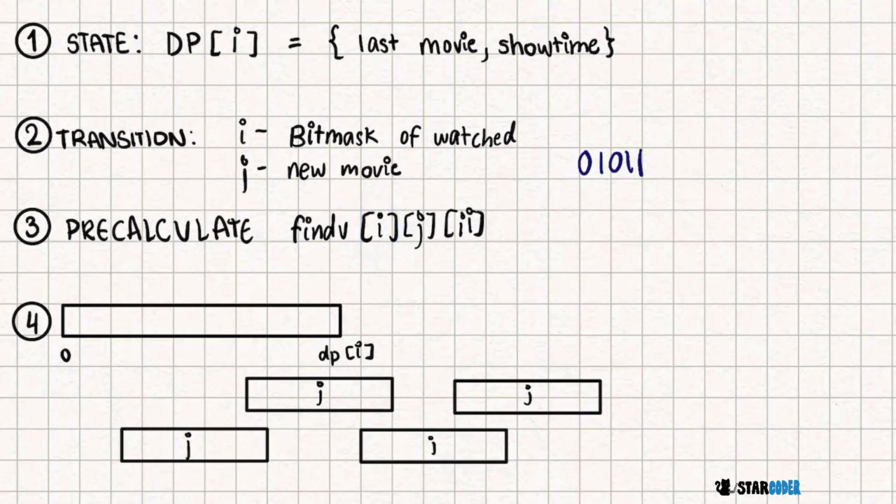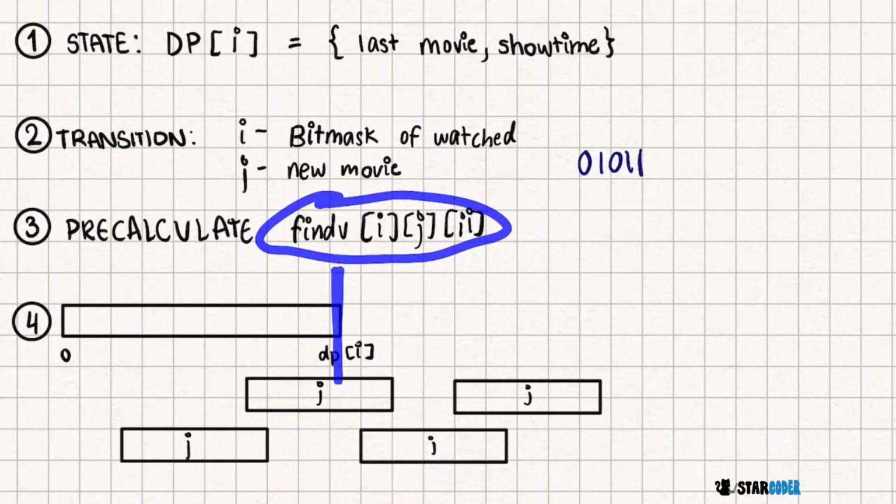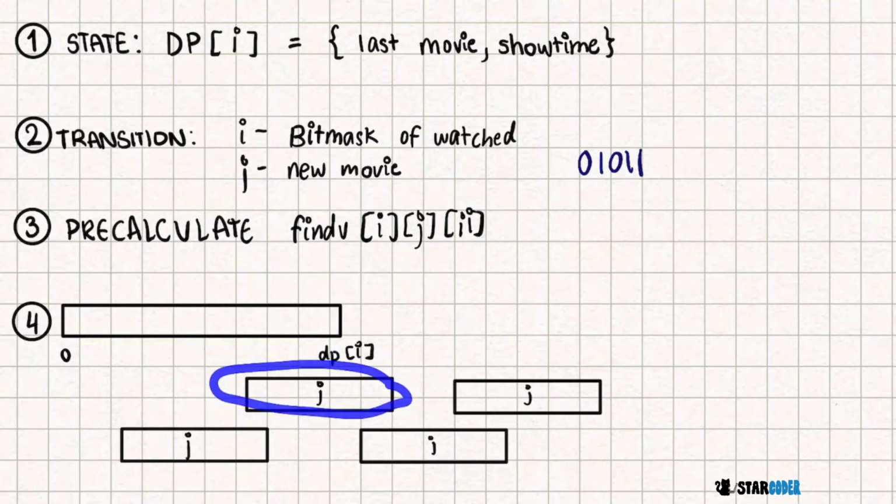And so once we pre-calculate every value in findV, when we reach this, all we have to do is check our findV in order to find whichever showing of J or -1 if there is no showing. So at the end, what we'll basically do is check if the time found, which is again showtime plus duration, is greater than or equal to the value of L,